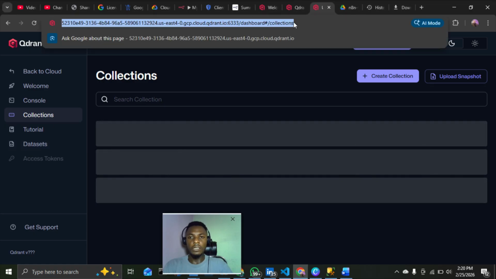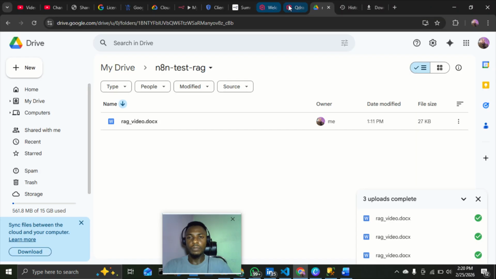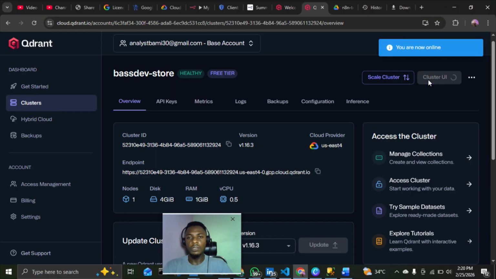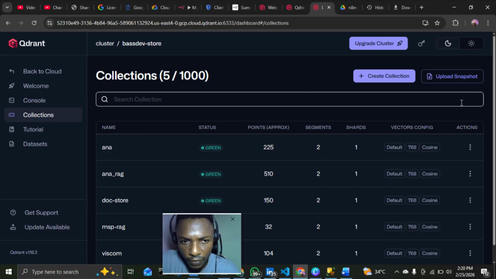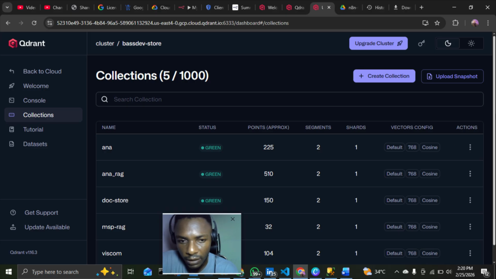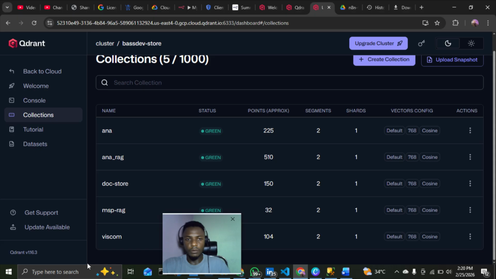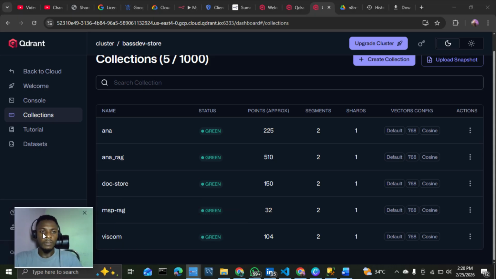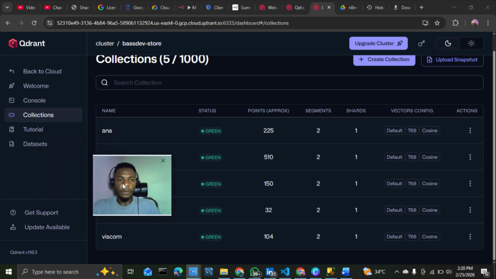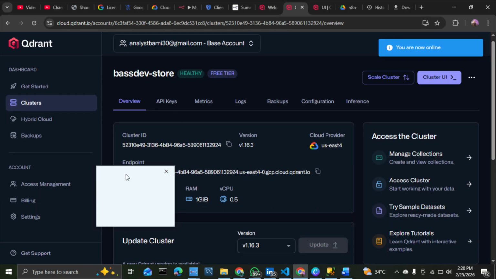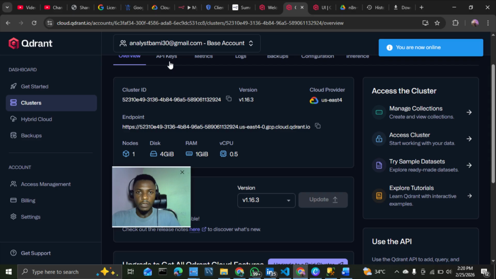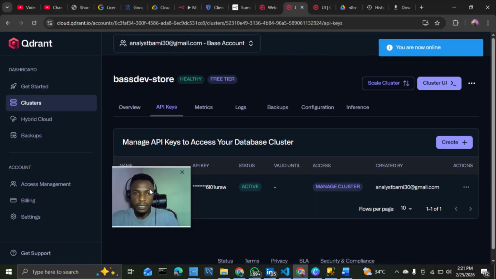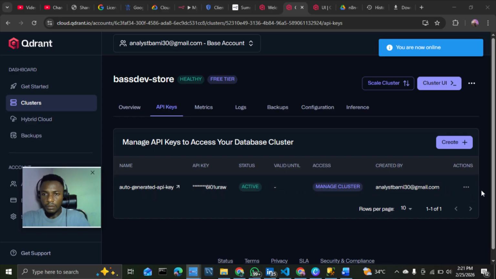I think I need to restart this page. Let's go to the cluster UI. So we just restart and see if it's here. If it's not there, then we need to create it all over again. First and foremost, let's input the API key for Qdrant. I think I have an API key already here. If I can copy it, fine. If I can't, then